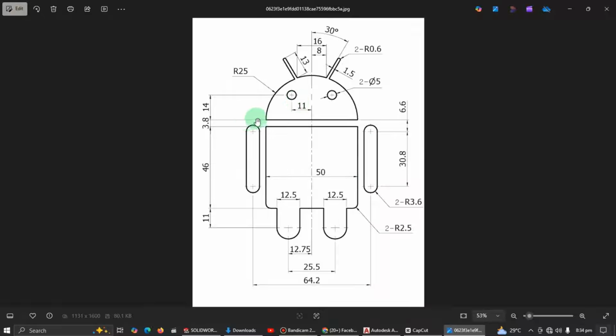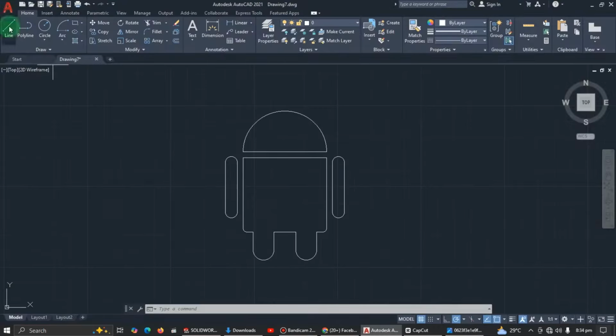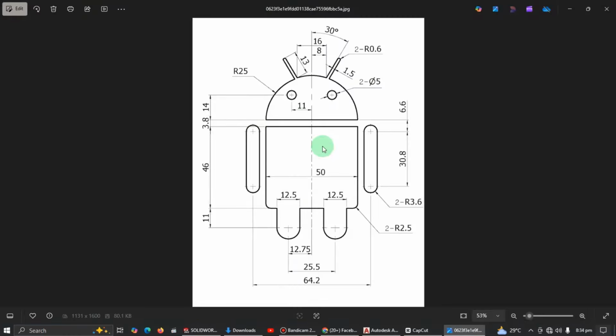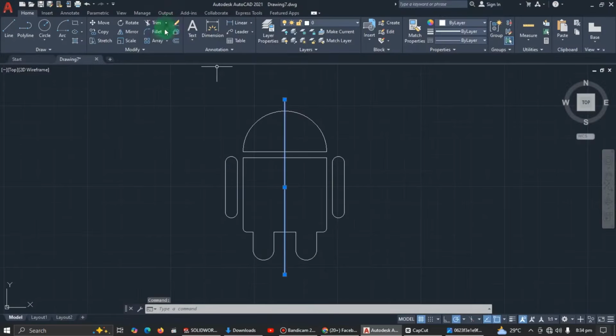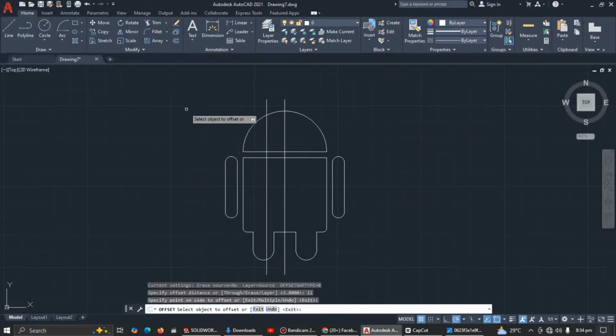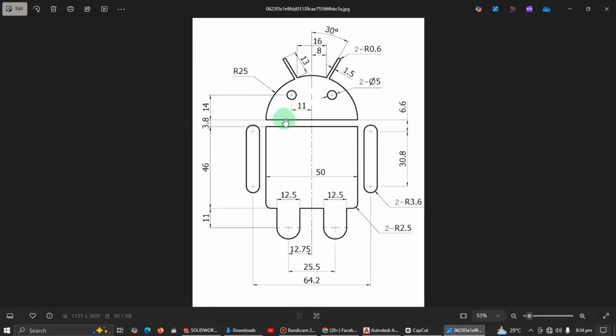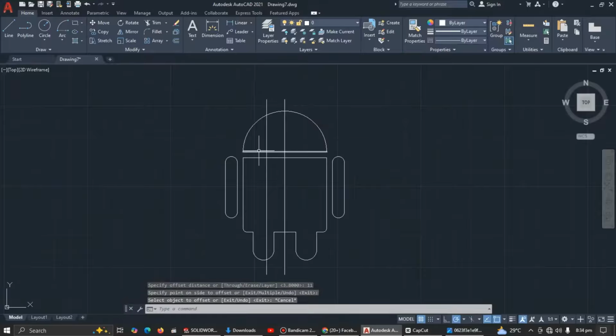Now moving to the top, let me draw a vertical line, center vertical line from here to this point. Okay, now you can see the distance from this place to this place is 11, so I'll just do some offset here. Select this line, offset 11. Okay, and then from this point to the top here is 14 millimeters, so I'll just select this line, copy,